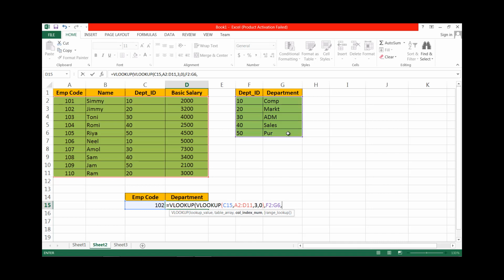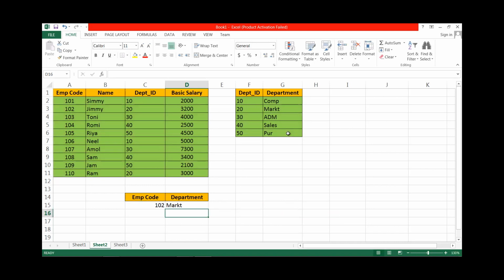In this table, column index is 2, and for exact match we use 0. Enter. Okay, 110 also has marketing. Suppose 107 has department administration. Like this, you can use nested or multiple or double VLOOKUP to extract values from different tables on this same sheet.